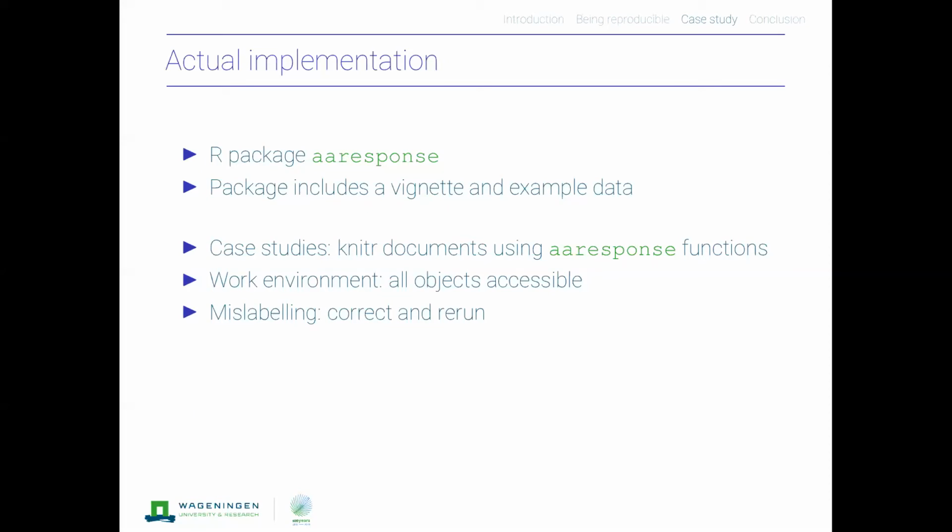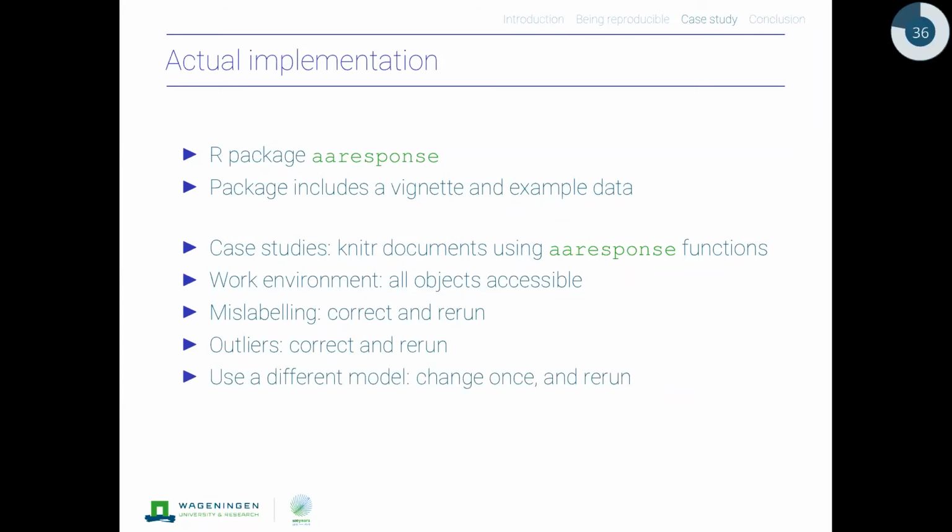And they could confirm that the actual values were the other way around. So the only thing that you need to do in such a case is to correct the data in the original CSV file and push the rerun button, and all the analyses and all the figures are being regenerated automatically. If you have outliers or you decide that some points are outliers, you can simply flag them as such, remove them from the data, and rerun. Again, all the analyses and all the figures are recreated on the spot. If you decide that a different type of curve would be more optimal than the wood curve, fine. Simply replace that function, change it once, and rerun.